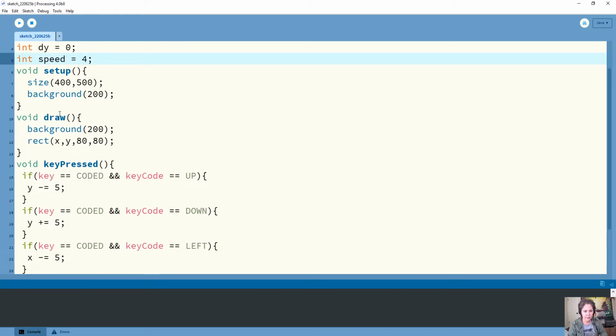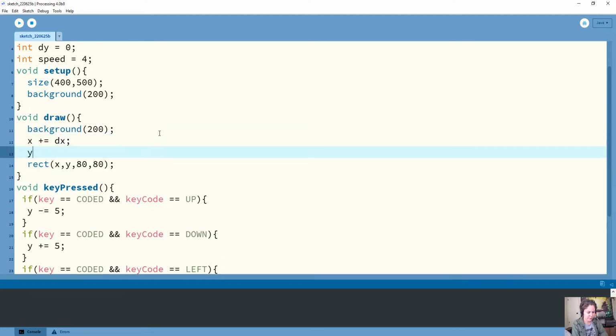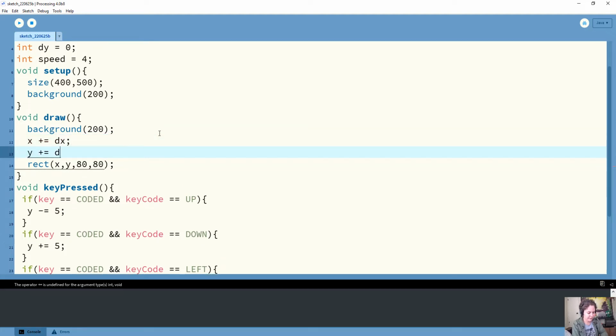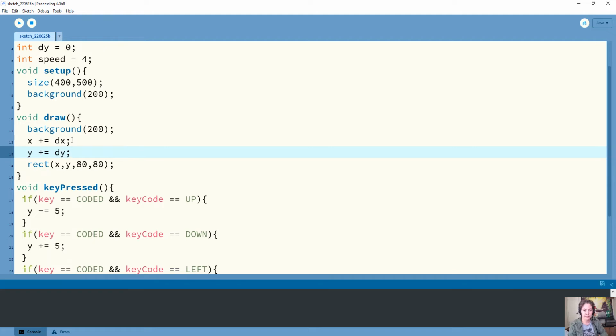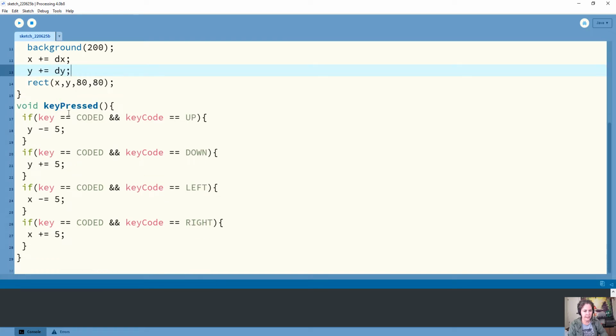Now, what I want to do in my draw function is, before I draw the rectangle, I want to update x and y based on the expected change in x and y. So I'm going to do x plus equals dx and y plus equals dy. So whatever I am specifying for the change in x and the change in y, I will update those before I draw my rectangle. Now, to set the dx and dy, I'm going to do that in key pressed, and